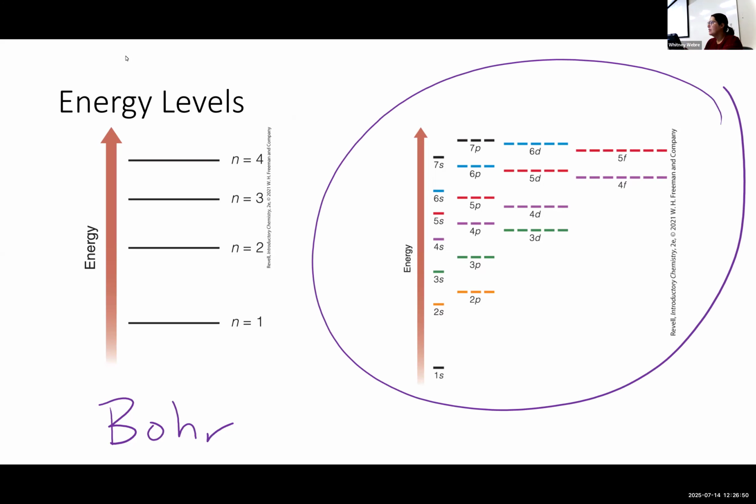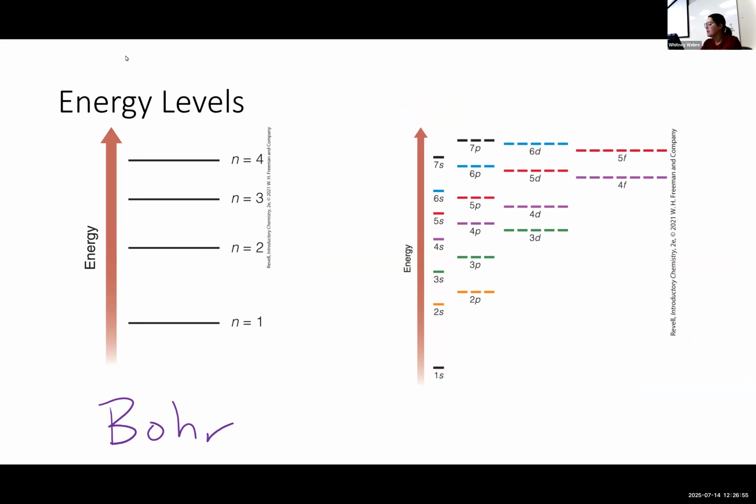If an orbital has 2 electrons, then each of these lines can fill 2 electrons. So I'm going to do some examples of this. If I had hydrogen, it will only have 1 electron. So I would start at the very lowest one and work my way up. So hydrogen with 1, helium with 2. What's after helium? Lithium, okay, so it's number 3. So if it's neutral, 1 additional electron. So beryllium,